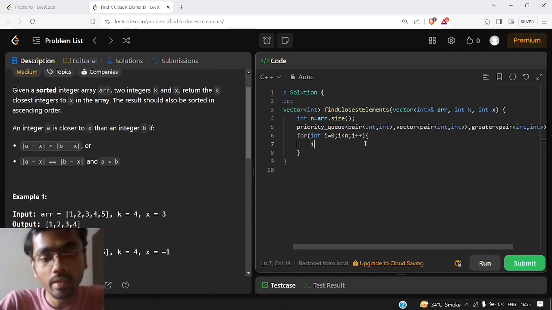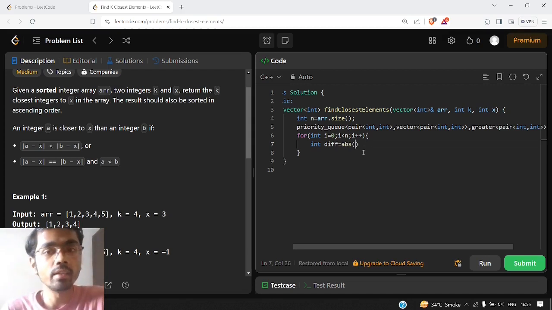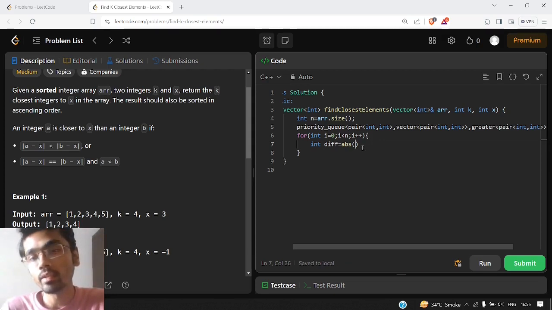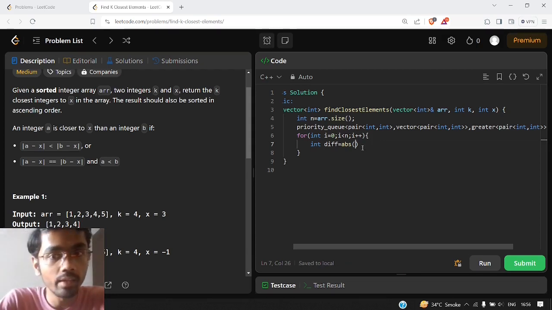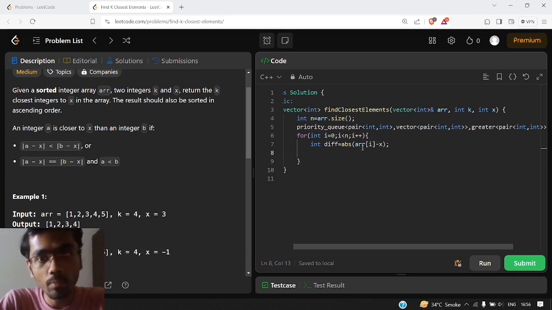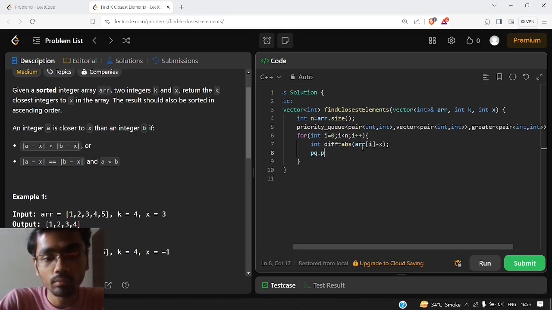So let us denote the difference as diff, and we will take the absolute difference because it can be anything, 3 plus 2 or 3 minus 2, 3 plus 1 or 3 minus 1. So in the end we need to take the absolute value, so we are taking absolute difference. So ARR of I minus x. So this is our diff, and then we will push it in our priority queue.